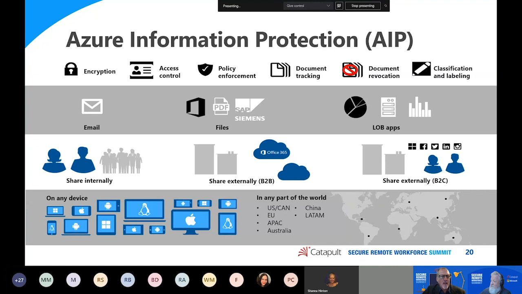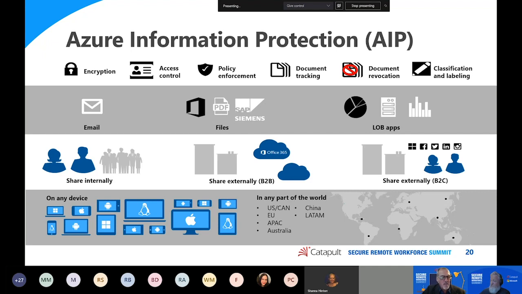And the key part about AIP and how it benefits you is that it works anywhere in the world on any device, because it's associated with the data and the identity. So I'm basically applying what's called a zero trust model of validating the user is who they say they are. And we're going to get to that in a moment, because when we're in a work from home situation and we're using Teams and all of those back end things with that governance, there are some security things that go along with it.